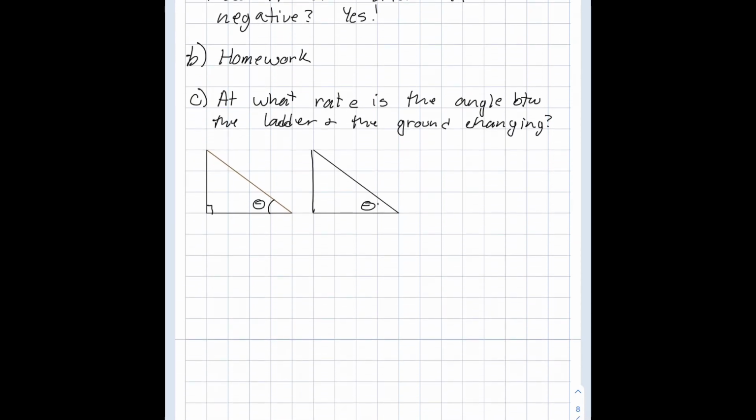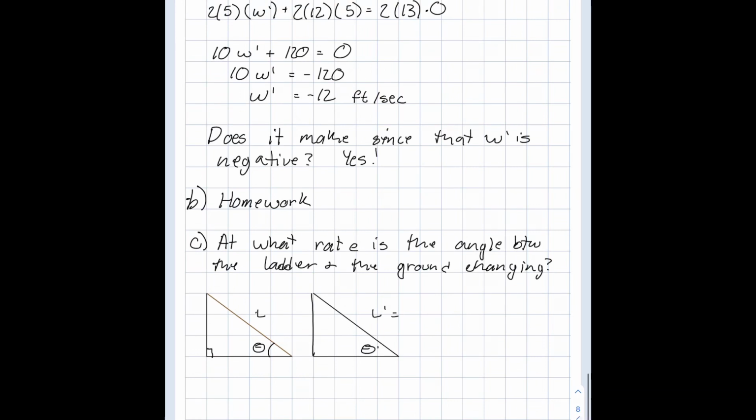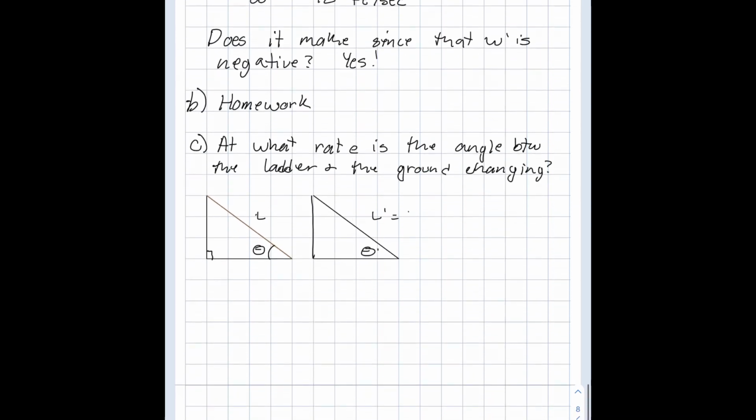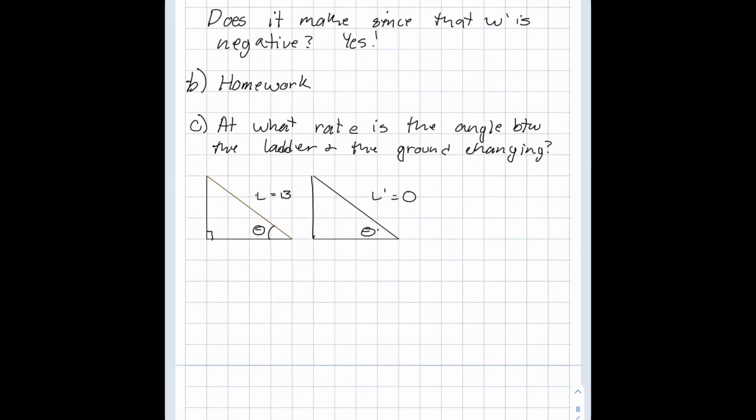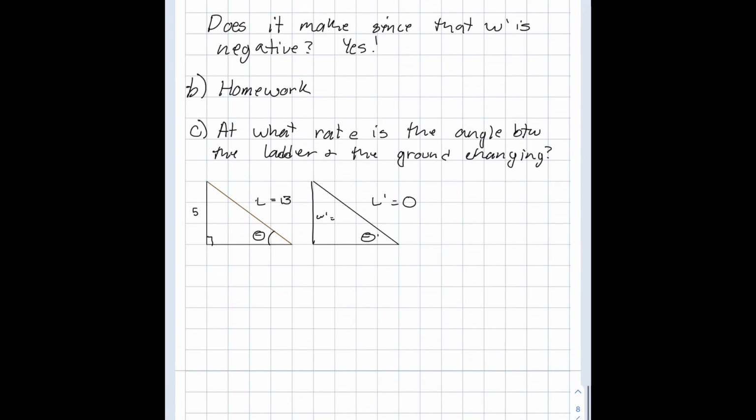There's lots of different thetas that we can use, right? Let's choose one where one side isn't moving. So we know the ladder isn't moving. We called L prime. And what was L prime? We figured out what it was, right? Oh, it's 0, right? It's because the ladder's not moving. And we know the wall is 5 feet at that point, and we know that it is decreasing 12 feet per second, right? So